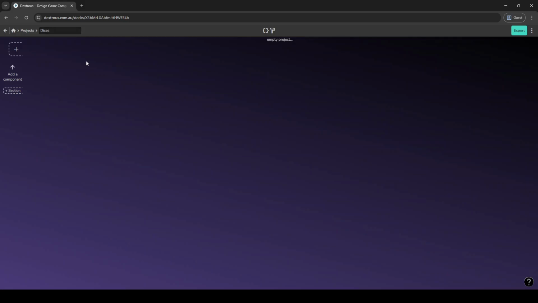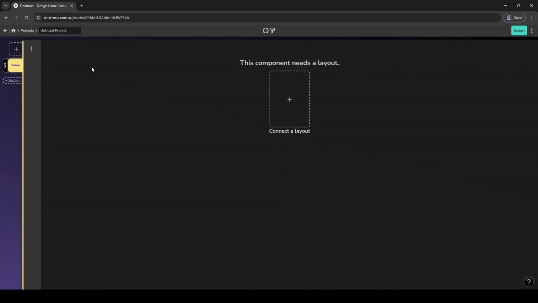We don't have anything here, so we need components, and like it says here, we start by adding a component, and then it says that a component needs a layout. So layout is something like a blueprint that you can use for your own game components, items. You can say that the number is here and the card name is here, and then from the spreadsheet or whatever you change the names of the different items. So let's see how this works.